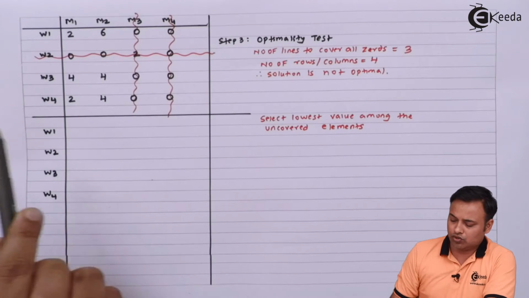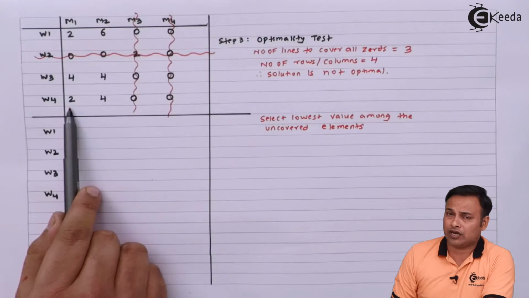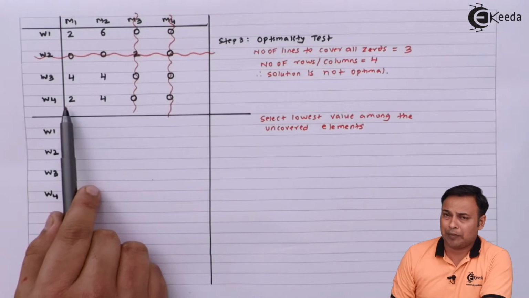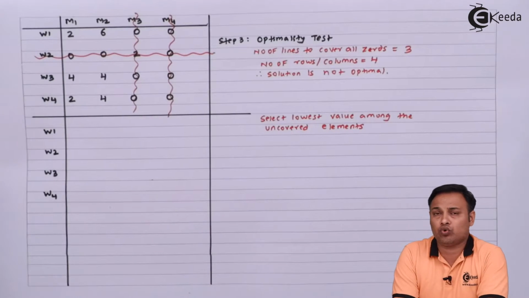So this 2 which is the lowest among the uncovered will be subtracted from the uncovered elements, और जहां पे डबल लाइन है फॉर एग्जांपल 2 and 0, यहां पे वो 2 ऐड हो जाएगा।